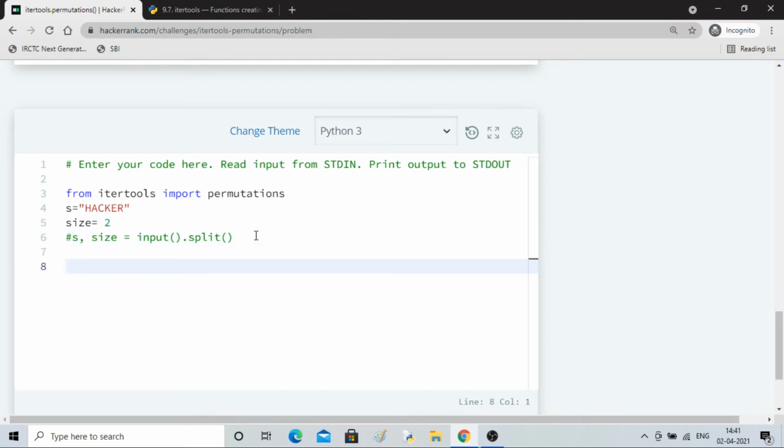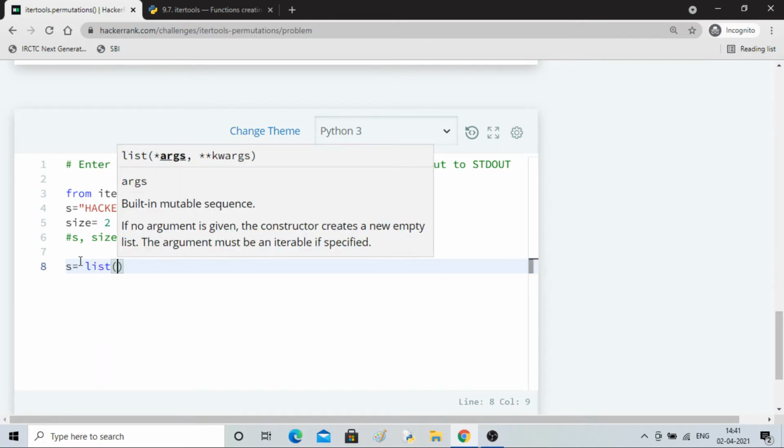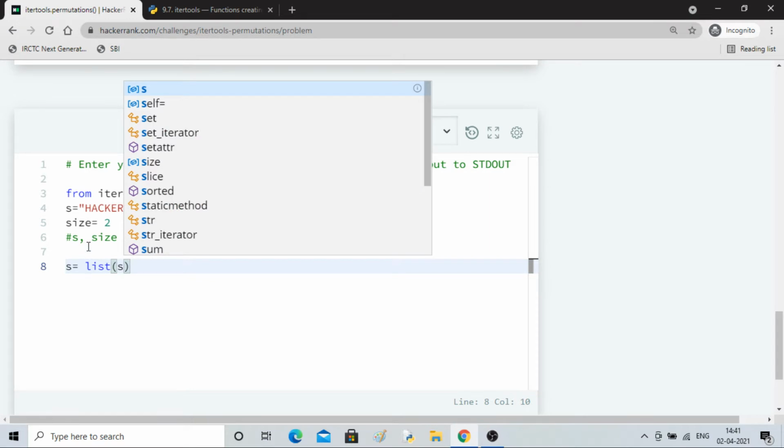permutations. Okay, so first I have to arrange this, so I can use sorted. Let me use list first to make it a list.